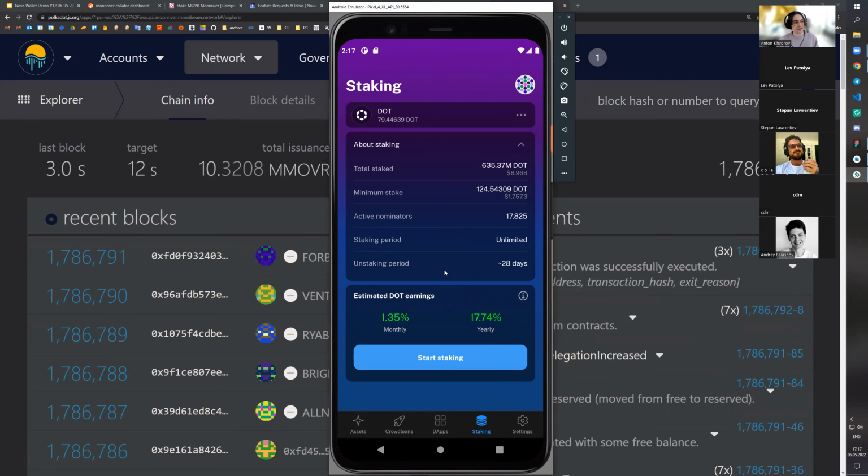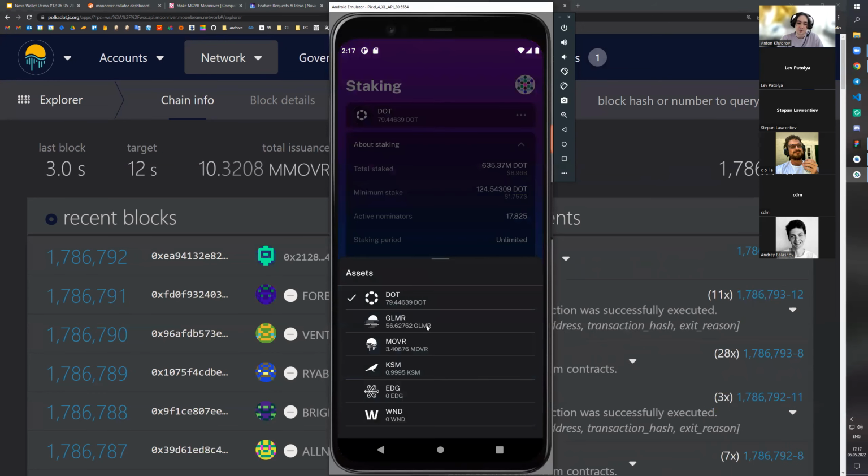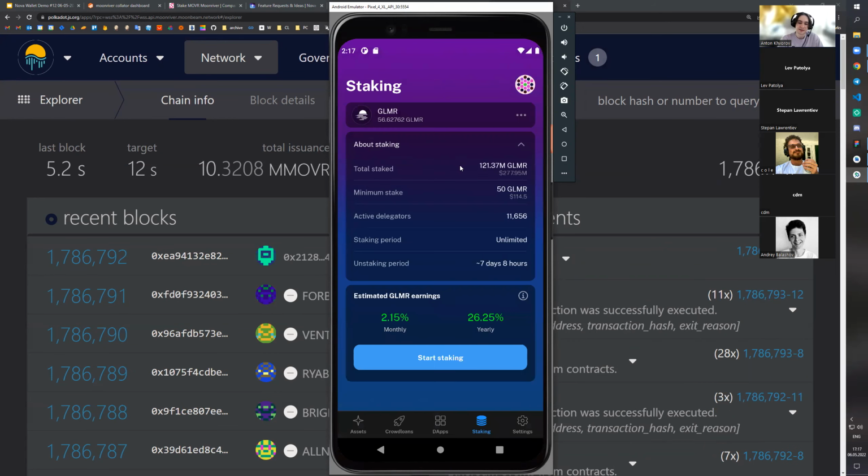However, that's not something convenient for the user to observe, right? So instead of showing how many blocks it takes for your tokens to be unstaked, we have to show the real time, like minutes, days or hours, right? And that's actually a very tricky thing to support for parachains, including Moonbeam and Moonriver, right? So that's why we had to spend additional effort just to make sure to provide the most accurate data as